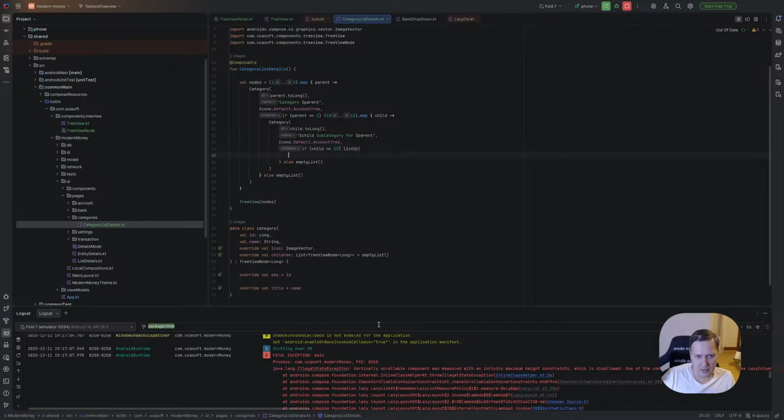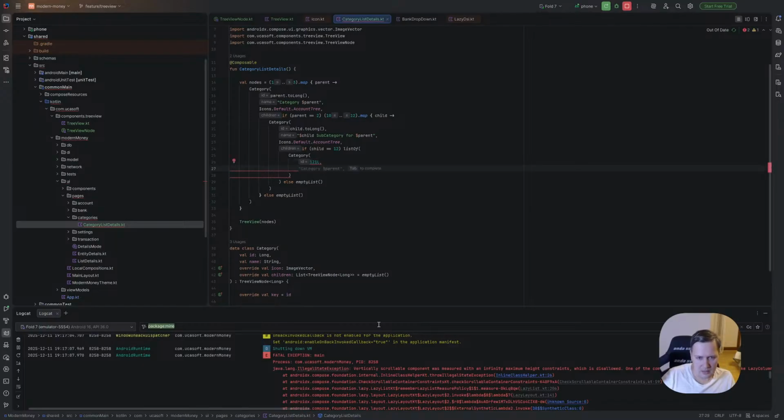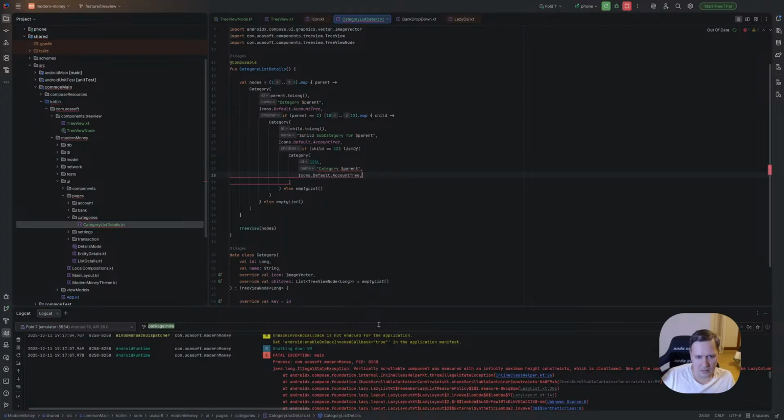And here we can create one category with ID 12 1, let's say, category and icon. Okay, and parent, let's put child subcategory, subcategory for child.